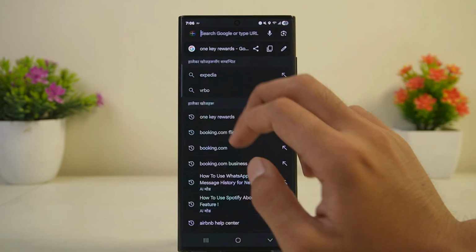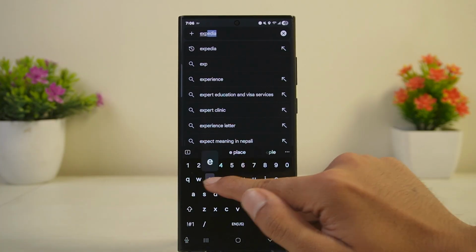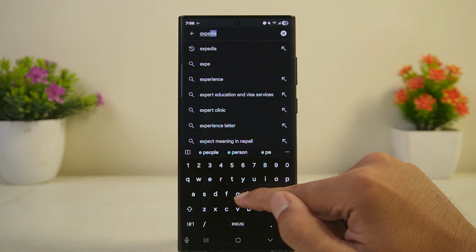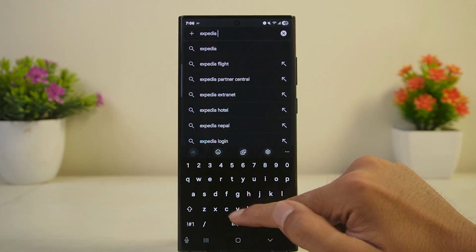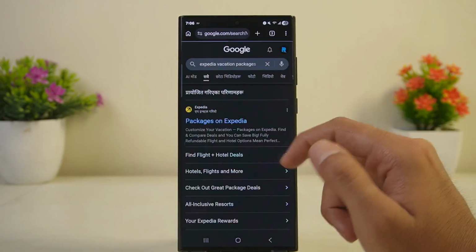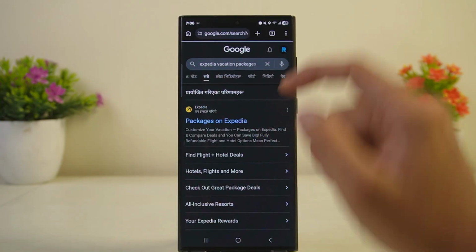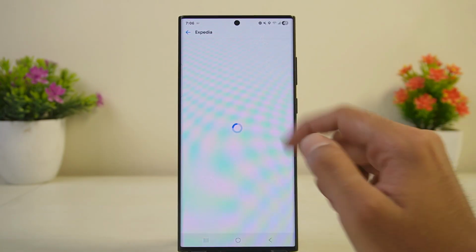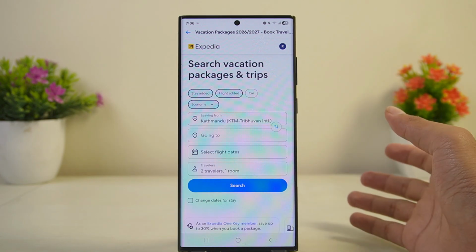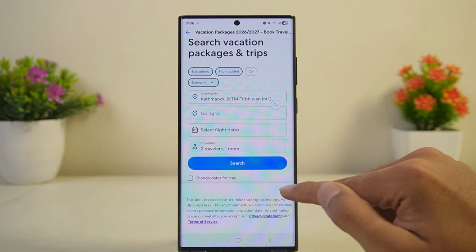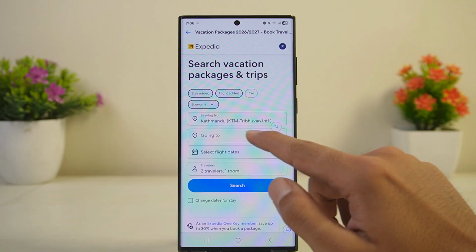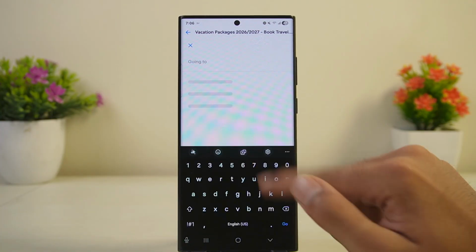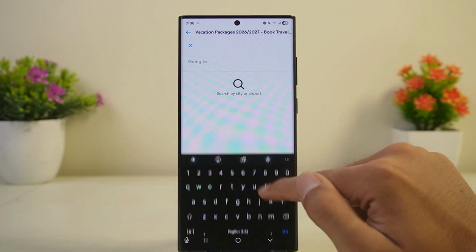From here, tap on the search bar, then type Expedia Vacation Packages. Once you're here within the official site, go ahead and open it. You will be redirected to your application if you have downloaded it, or you can also simply view from the website. Now, once you type in your destination over here on the Going To panel,